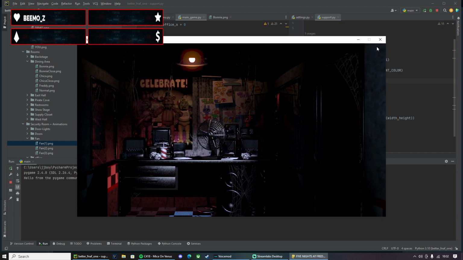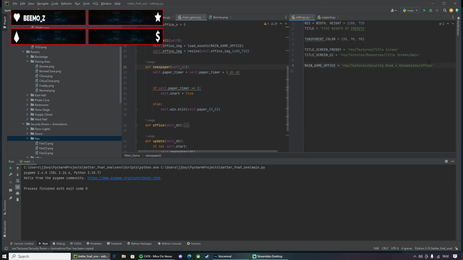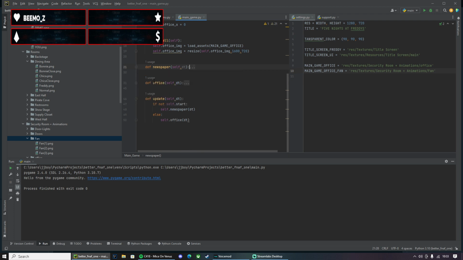I'm gonna do the fan now. So where's the fan? The fan is here. Let's copy the path. Let's go into settings. Fan equals list that. Okay, let's go here. Okay, let's get rid of the newspaper because we're not gonna use that. We might need to...